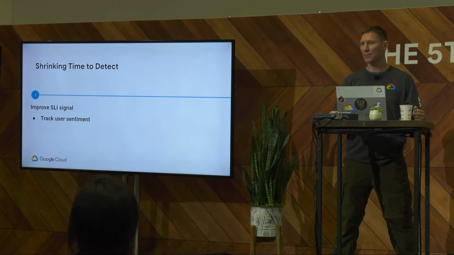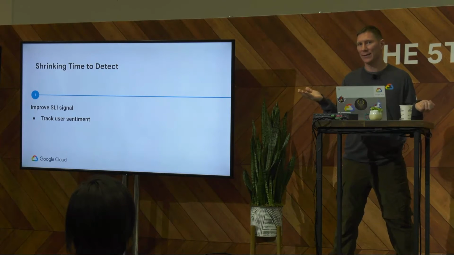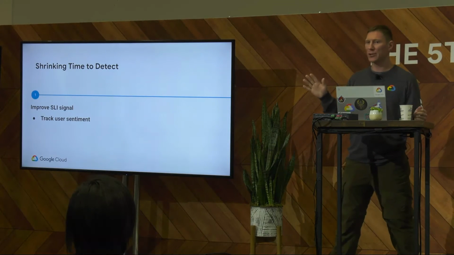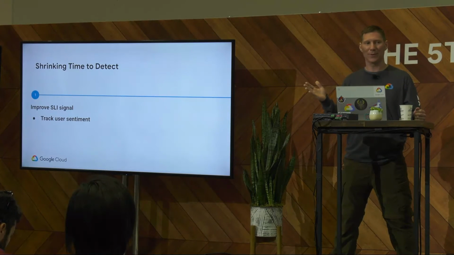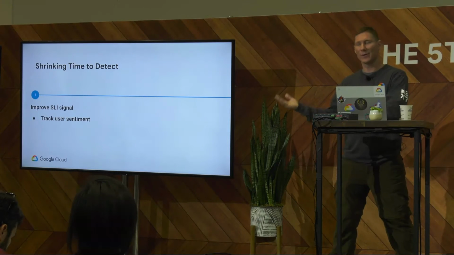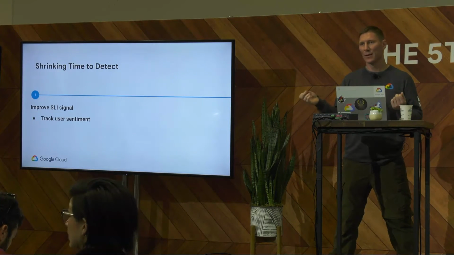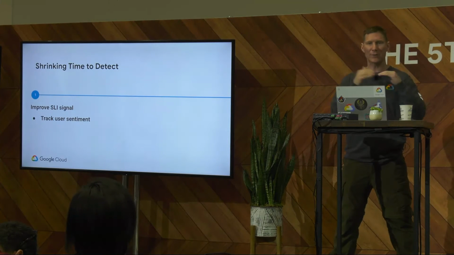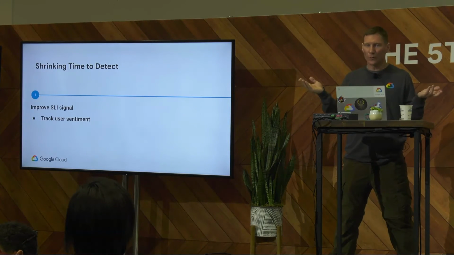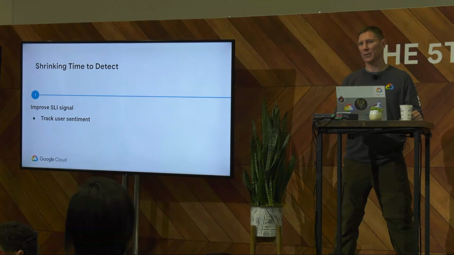Maybe your SLI is too sensitive. Maybe you have a lot of jitter in your SLI and you can't use it very effectively. A lot of people have a batch process that will hit their service really hard for 5 minutes or 10 minutes at midnight. You don't really want a bunch of errors showing up at midnight for a batch process that you control and have it page all the people on your on-call service at midnight. So maybe take that traffic and split it off to a separate SLI. Or some people have SLIs where all errors returned from a service count against their SLI. But 400s, 404s, maybe they don't care about those. Maybe that's not a good signal.